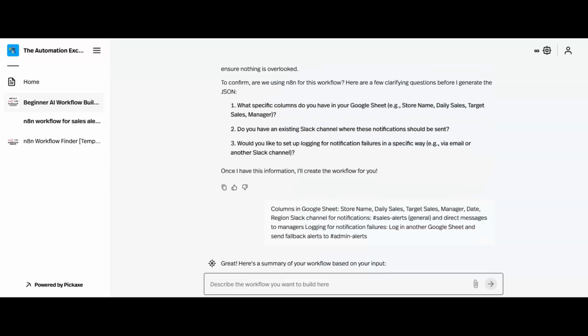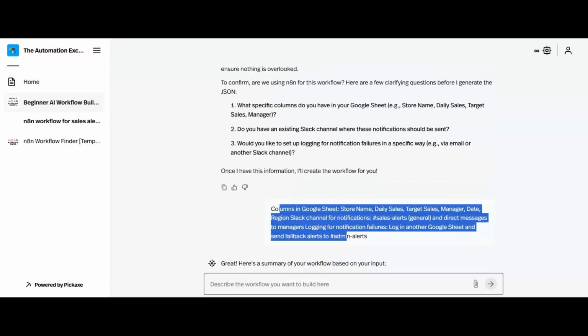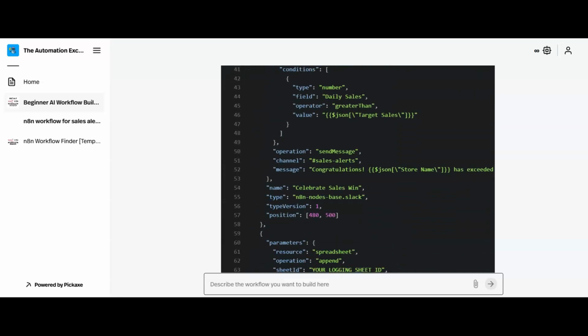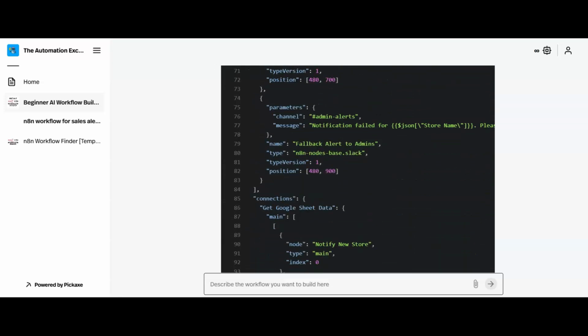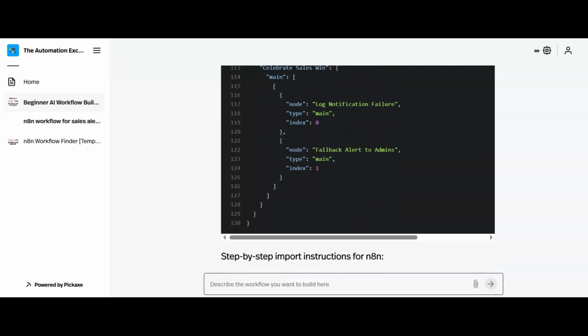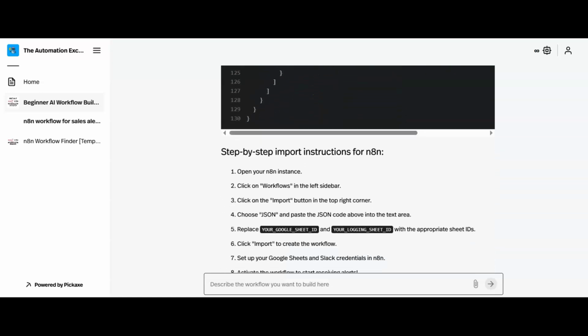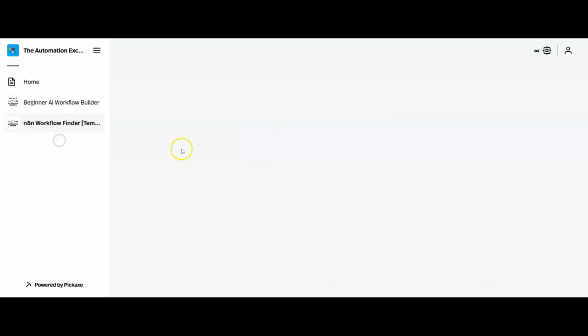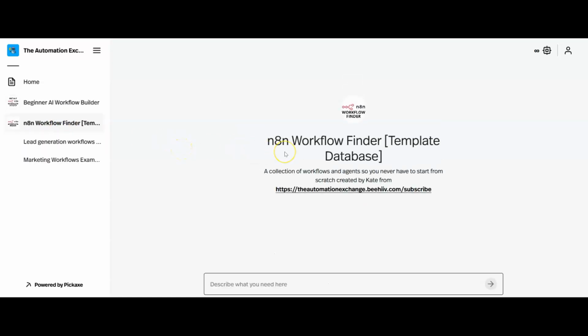We'll then ask you a couple of follow-up questions. I answered exactly what I needed, not using any code or anything like that. Then it spits out the full JSON file for you. It will also give you some guidance on any APIs or integrations that you need in order to get this thing working. If you click on the link as well, you'll also get access to our workflow finder. So if you don't want to build something from scratch and you just want to find a template that works, you can go down in here, type in exactly what you need, and